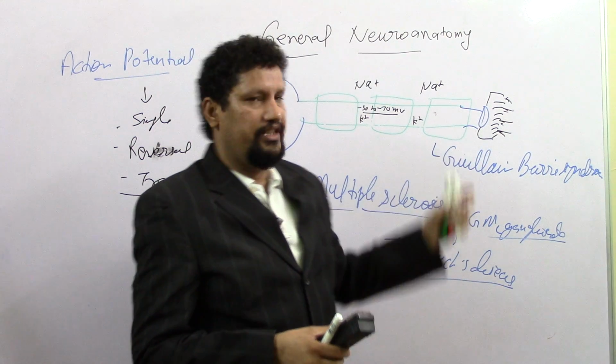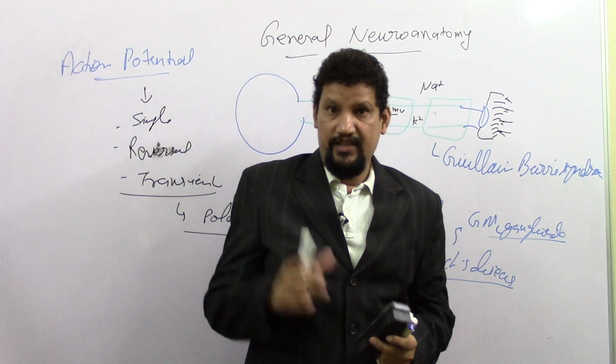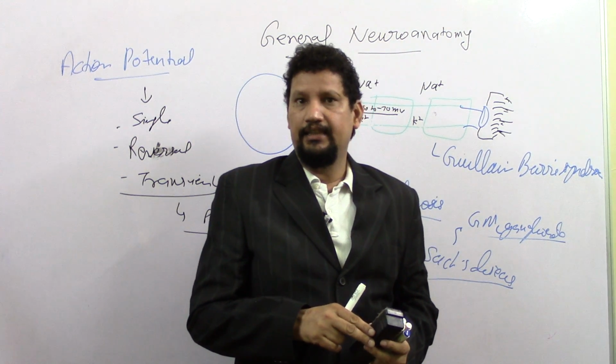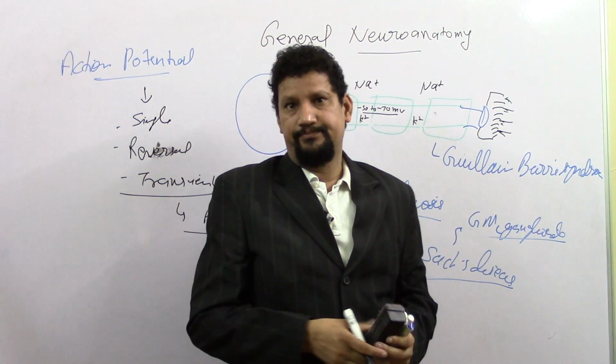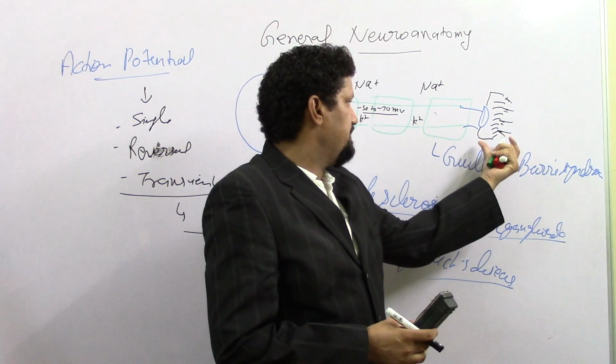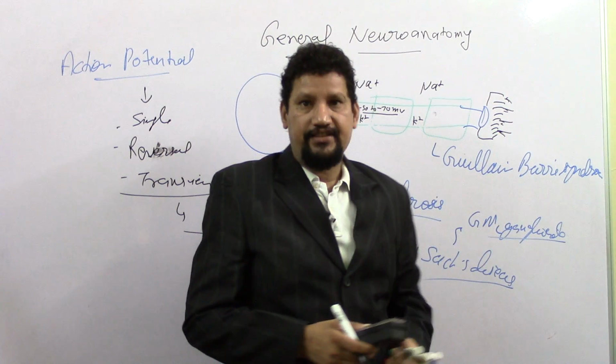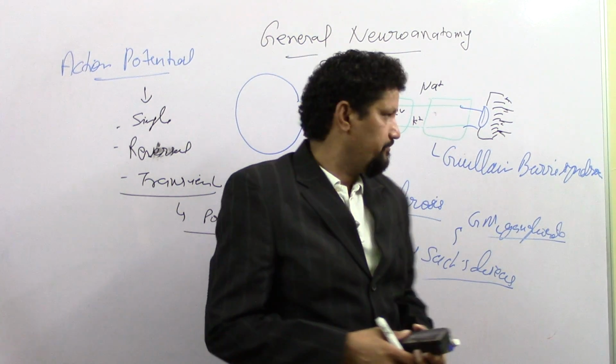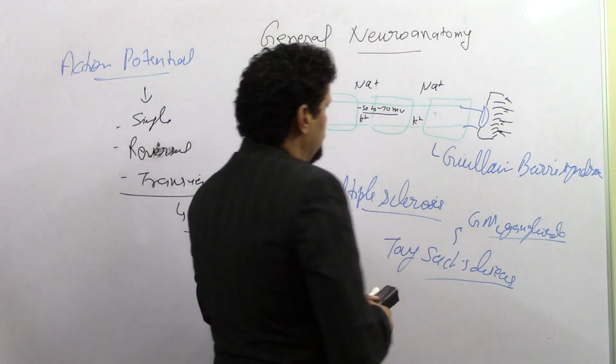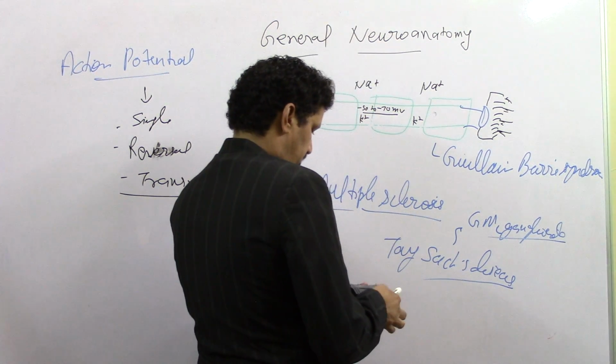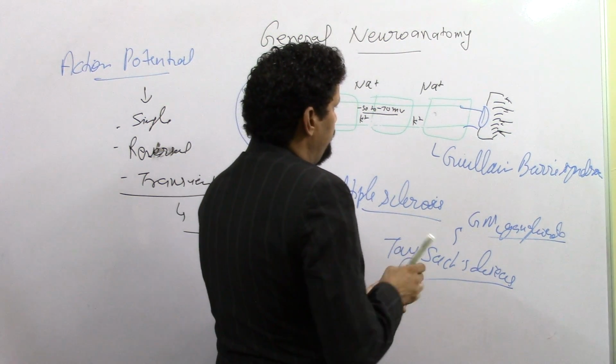So receptors work as transducers, which change one form of energy into another form of energy. This changed form of energy, now known as the action potential or the impulse, will travel from